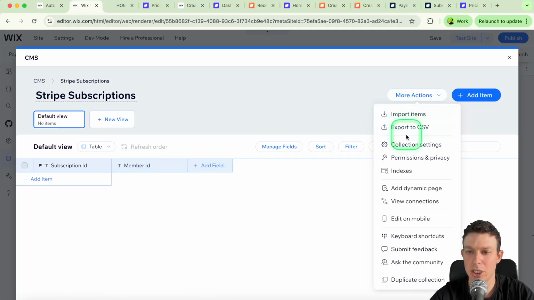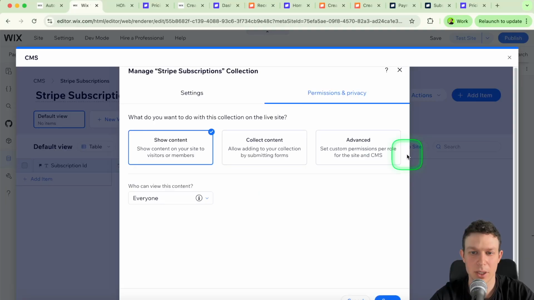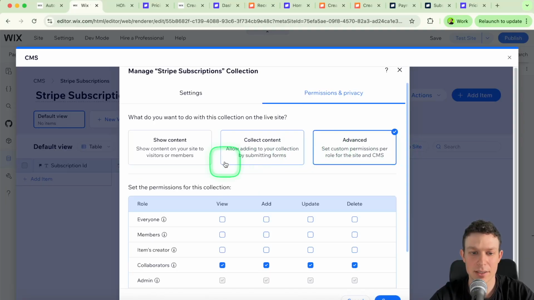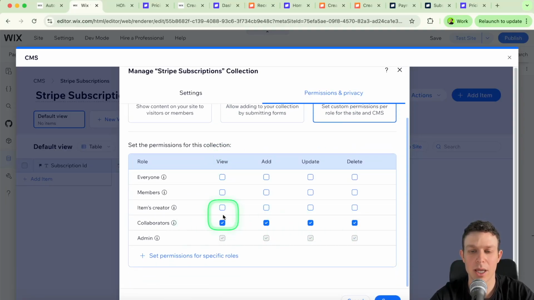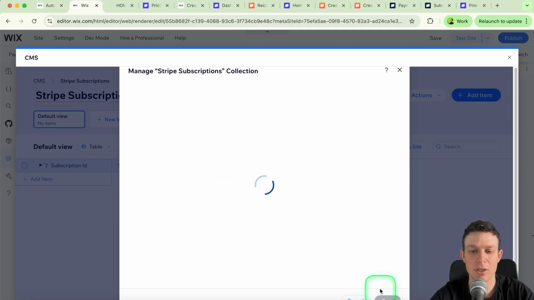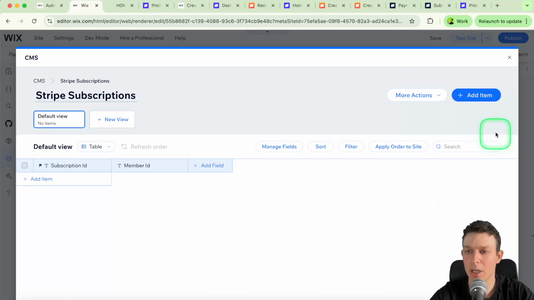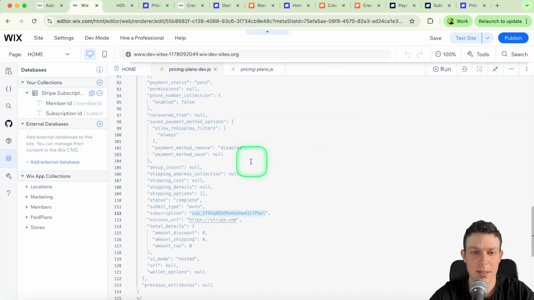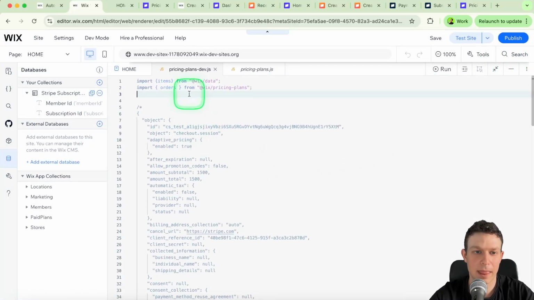One more thing, I'm just going to check my permissions and privacy, and I'm going to set this to advanced, and set it so that only collaborators have all permissions on this collection. There's no reason any of the users should be able to do anything with it. So there we go. Now that we have that CMS collection set up, what I'm going to do here